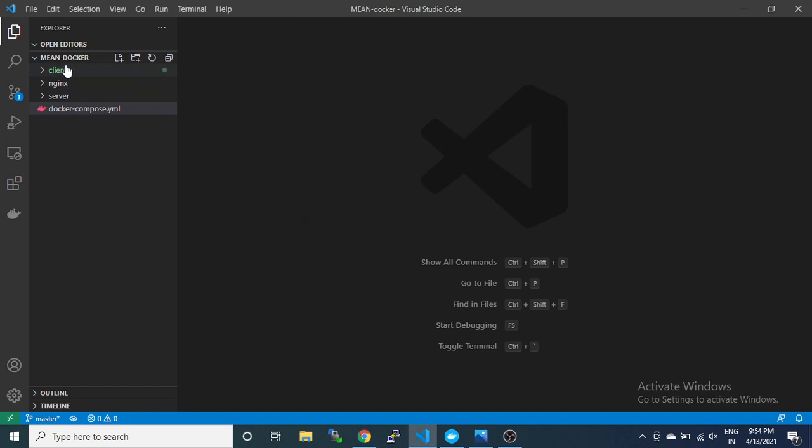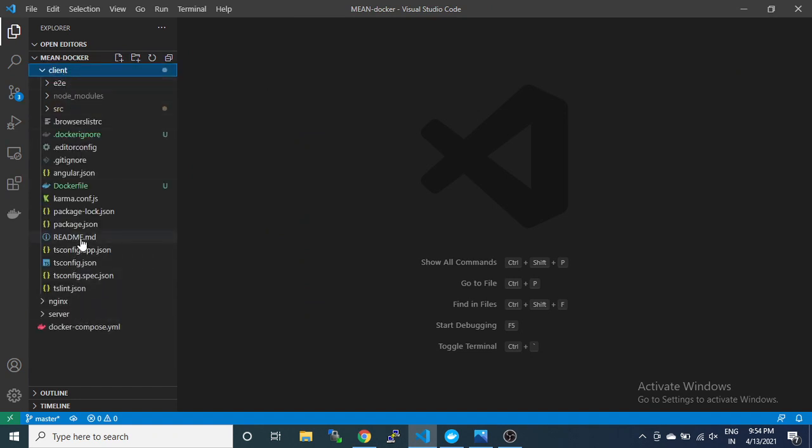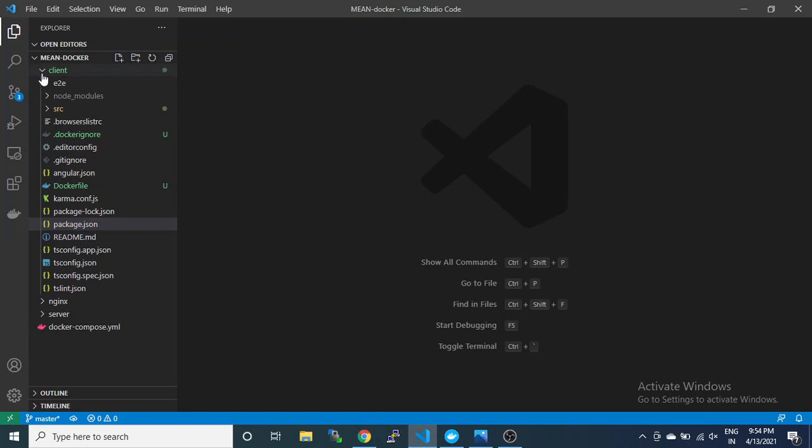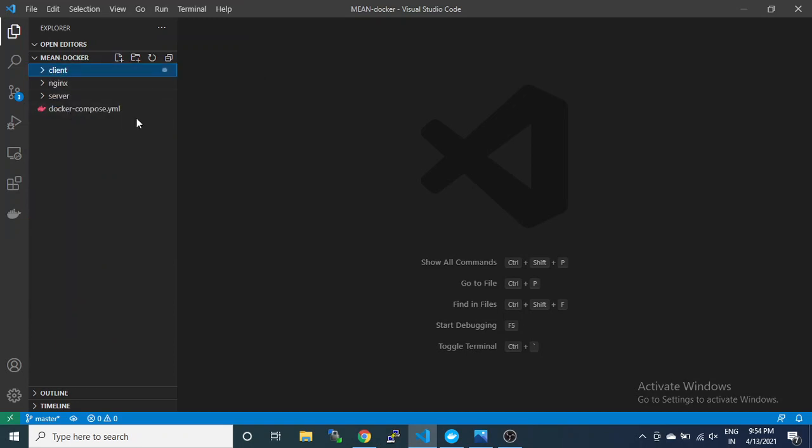Okay, so this is a very basic example of a MEAN stack application. We are using Angular 10 here, and all these are the latest versions. That's all for this MEAN stack.